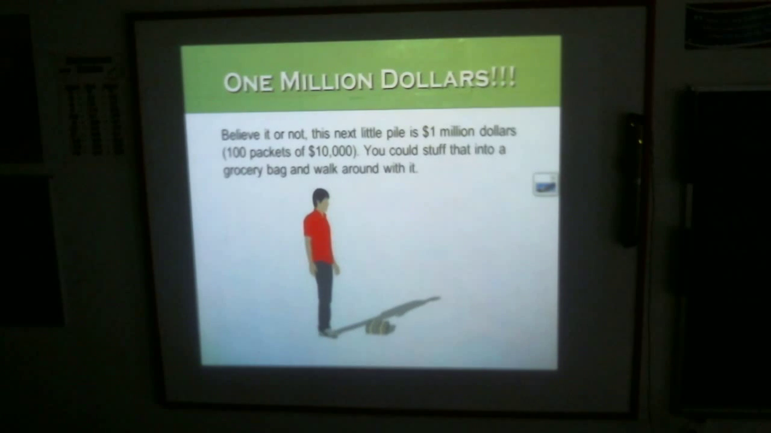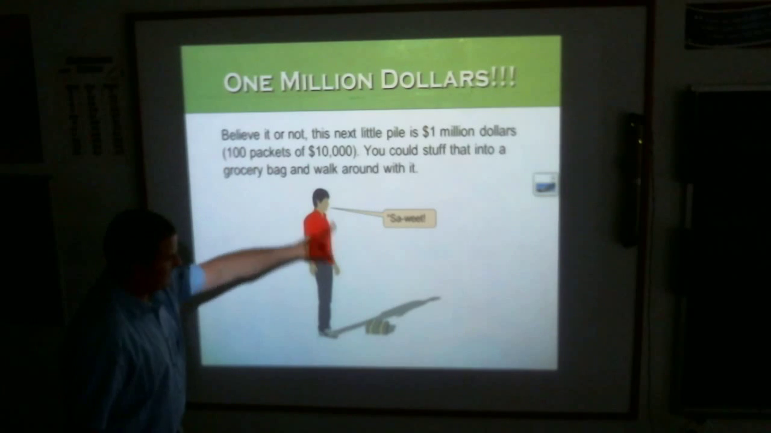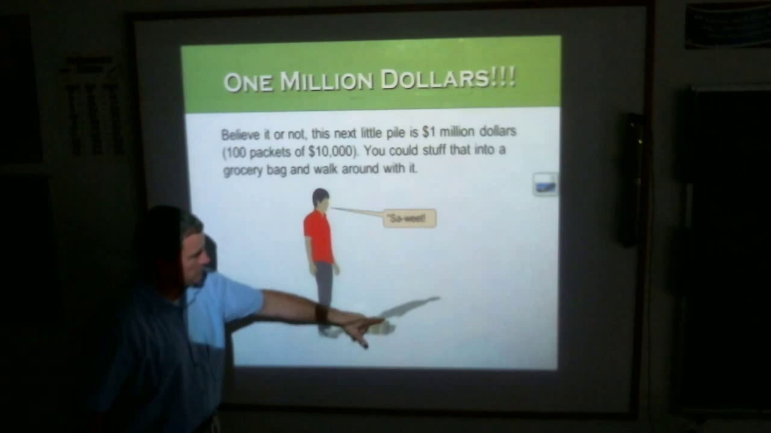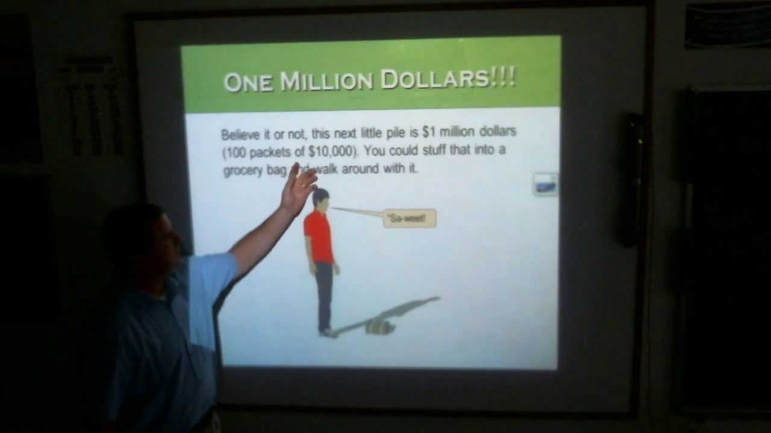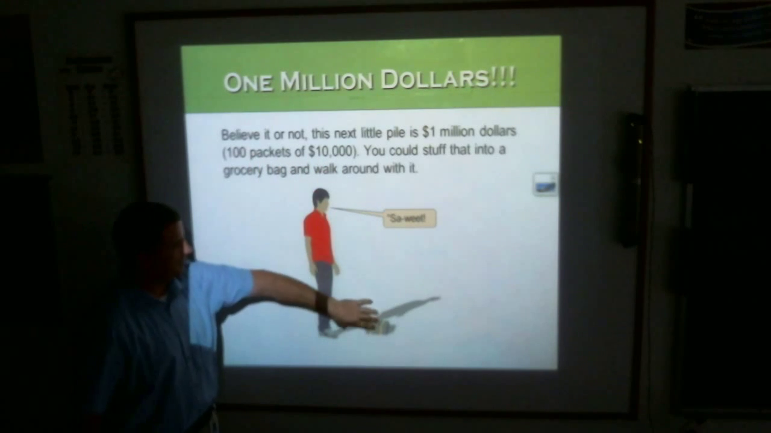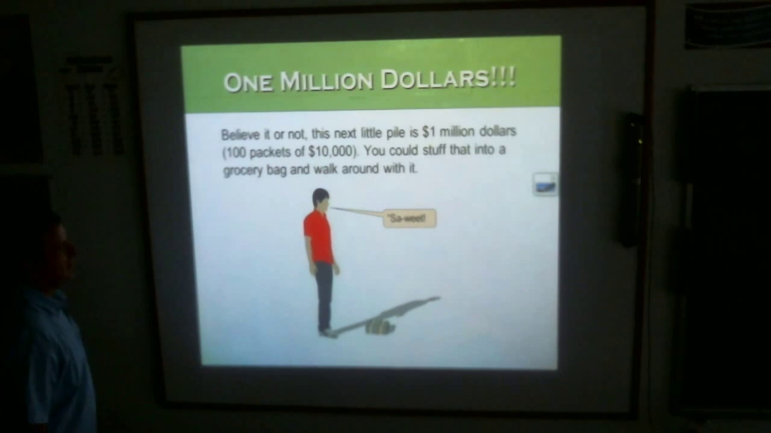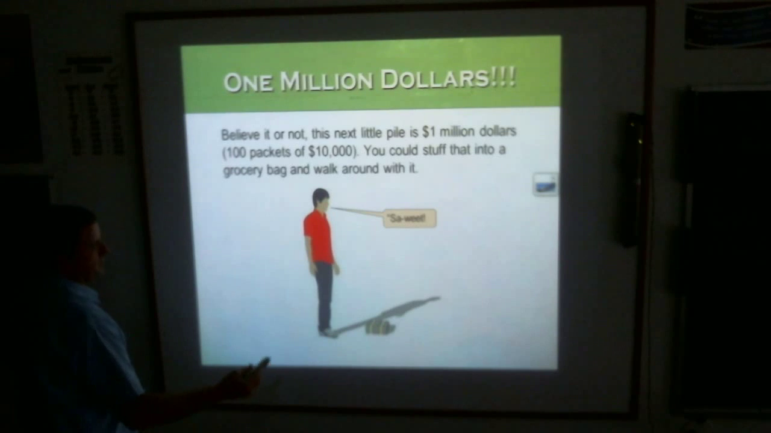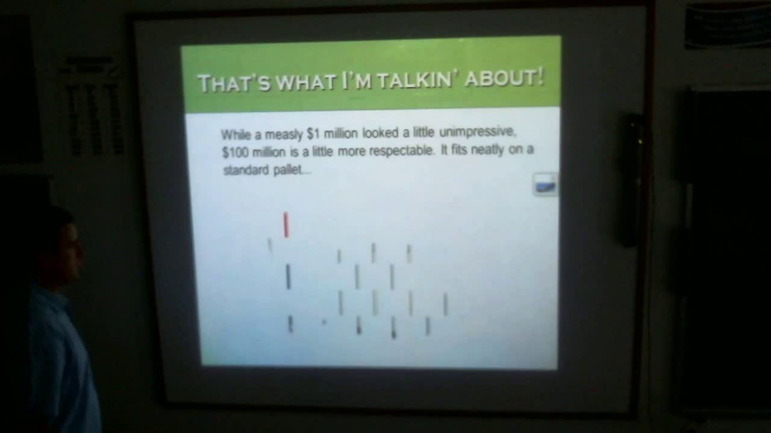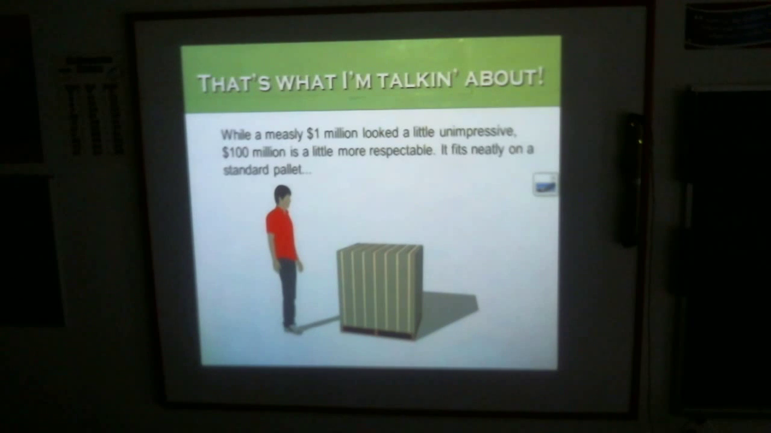Believe it or not, this next little pile is $1 million. 100 packs of 10. So if you had 100 of those packs of $100 bills, that is $1 million. Not very big, is it? You would think $1 million would take up a lot more room than that, wouldn't you? But it doesn't. While a measly $1 million looked a little impressive, $100 million